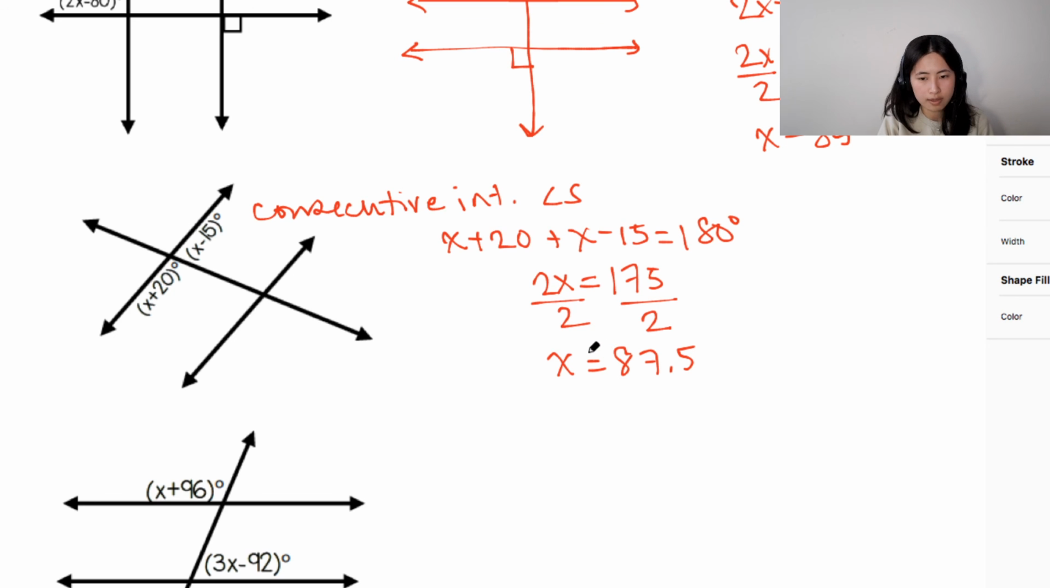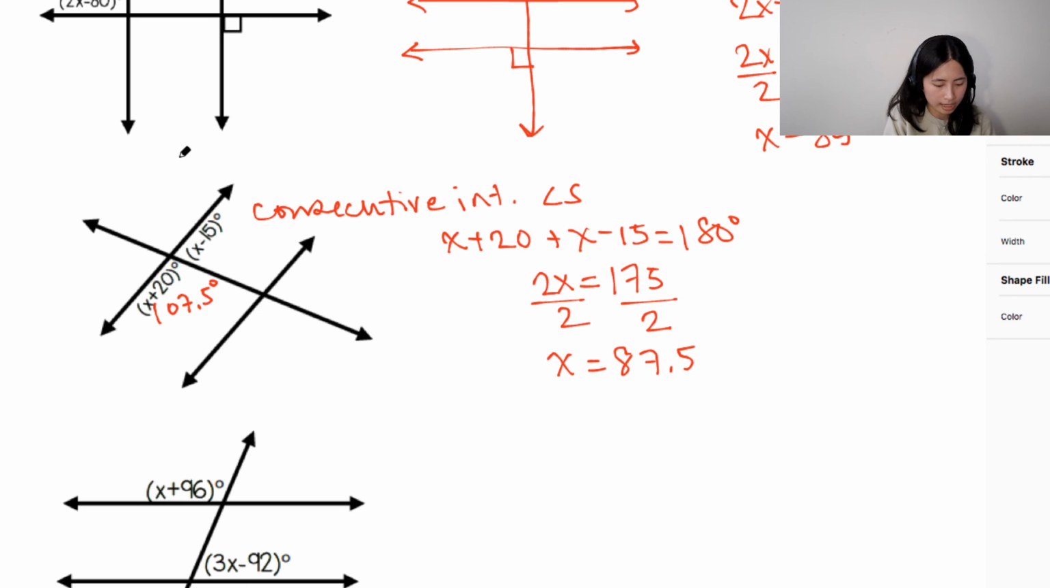So once you have 87.5, all you have to do is plug in 87.5. So 87.5 plus 20 would give you 107.5 degrees over here. And because you know that this is going to be 180 minus 107.5, that would give you that angle. But because we're solving for this angle, all we have to do is plug in x,